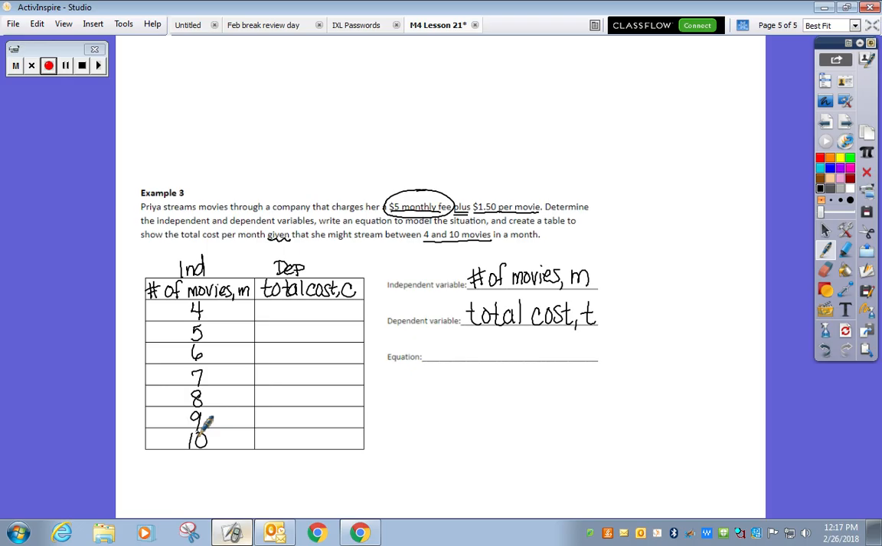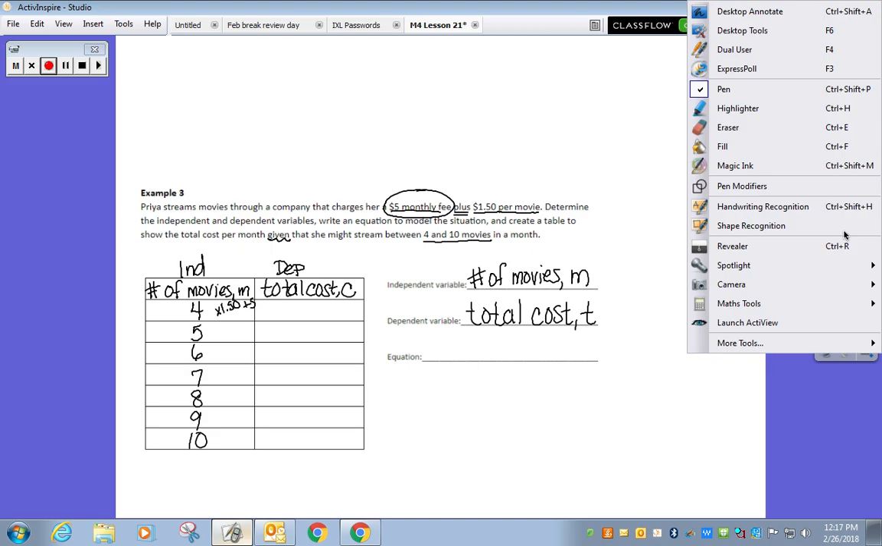Now, what's interesting with this problem is there's a $5 monthly fee plus the $1.50 per movie. So when figuring this out, what I would have to do is first multiply by $1.50. So 4 times $1.50 will tell me how much the cost of the movies is. But then I would want to add on that $5 monthly fee. So for each one, I'm going to be multiplying by $1.50 and then adding on 5 to it. So I'm going to take out my calculator